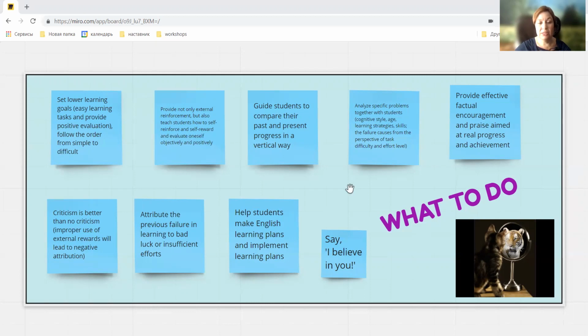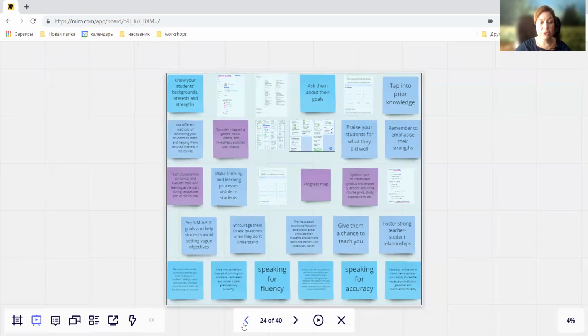Of course, self-confidence, anxiety, and motivation are closely intertwined. The goal of educators is to create such an atmosphere in the classroom where students feel safe and comfortable, where affective filters are low, and where students are able to learn. Now we are going to discuss with you some more strategies that can be employed in the classroom to help lower the affective filter. To begin with, we have stressed that it's important to know your students'